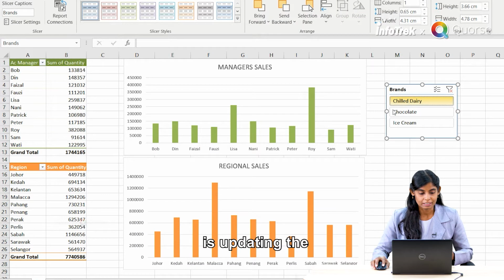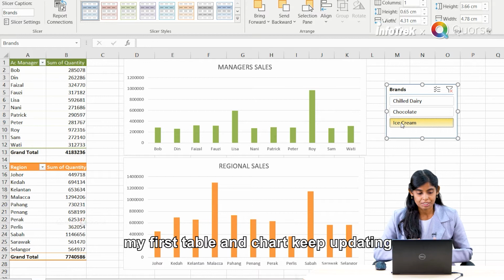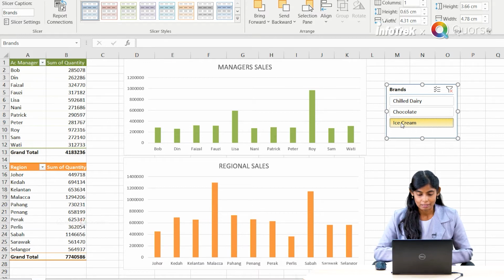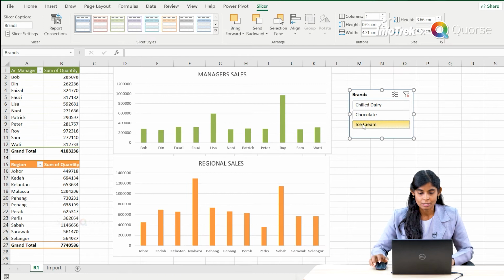It's updating the table and also the sales chart. And also if I click on chocolate or ice cream, my first table and chart keep updating. I also want this slicer to update my second table and chart. So I'm selecting the slicer, going to the